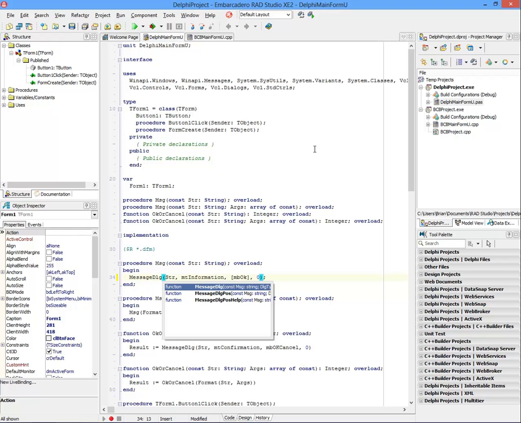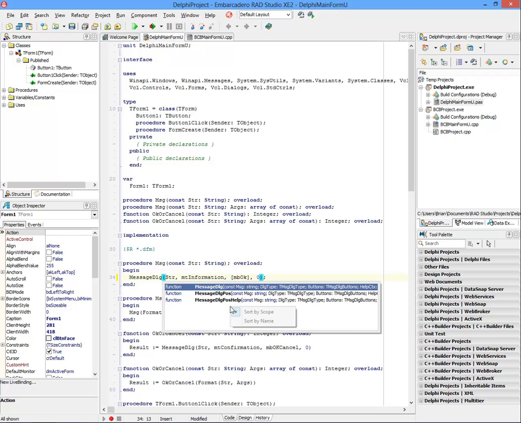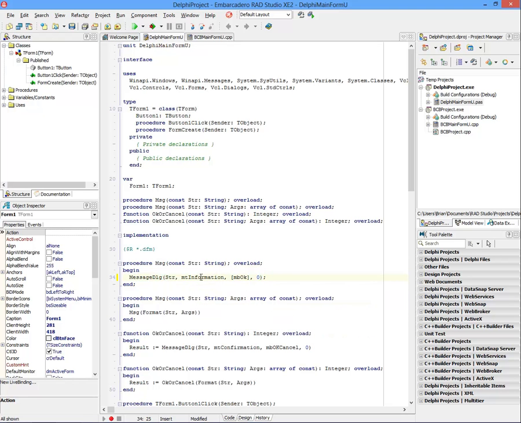One or two things about the Code Insight window: it's not necessarily that well known that it is resizable, but it is. It's also sortable. By default, all the items that pop up in the code completion window are sorted by scope, uses clause, unit scope. You can right click on it and choose to alphabetize everything in the list as well. Code Insight is one of them. Another one that